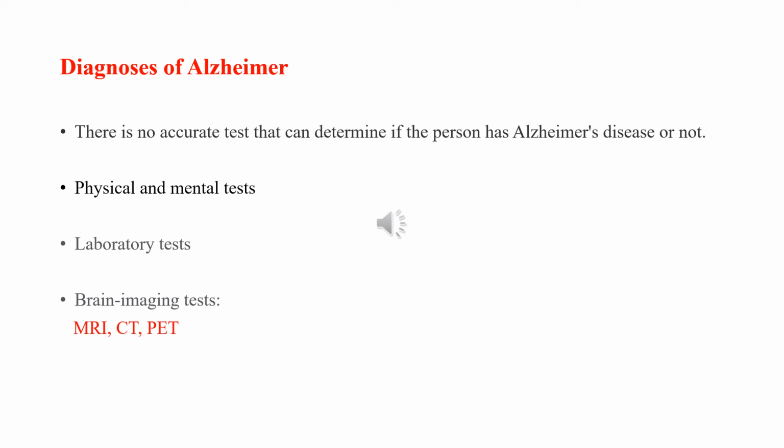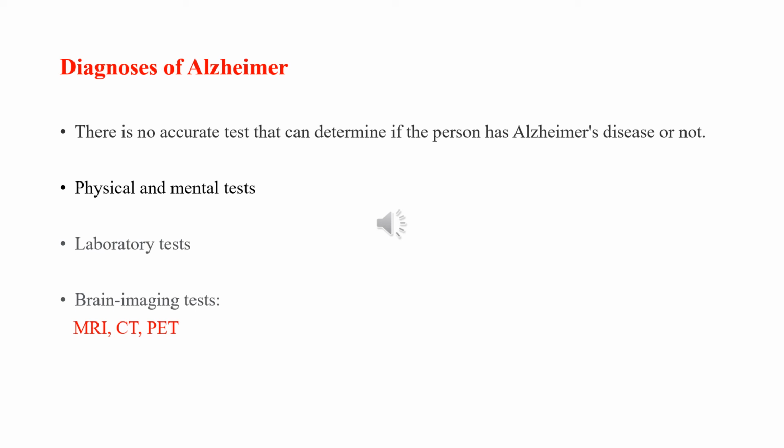I am Dia Kamal, and now I will start with the diagnosis and treatment for Alzheimer's disease. Until now, there is no accurate test that can determine if the person has Alzheimer's disease or not, but there are some tests to determine the presence of certain symptoms and rule out other causes of dementia, like physical tests